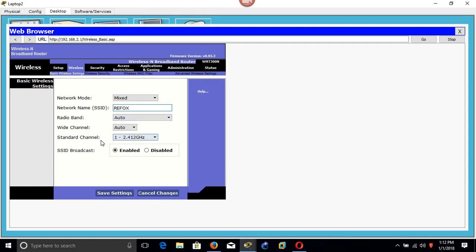Okay. Then here we have to enable SSID broadcast. Enabling SSID broadcast means that anyone who is nearby this wireless access point will be able to see it. If we disable it, it means this wireless access point will not be visible.